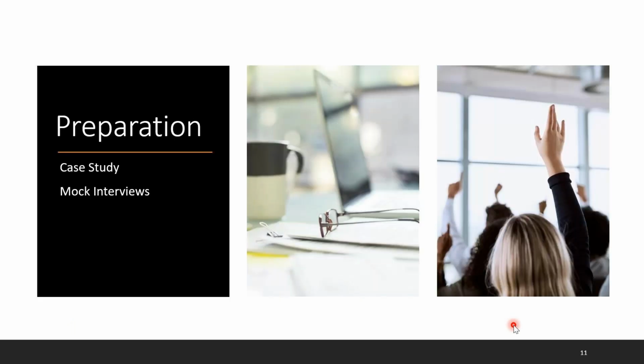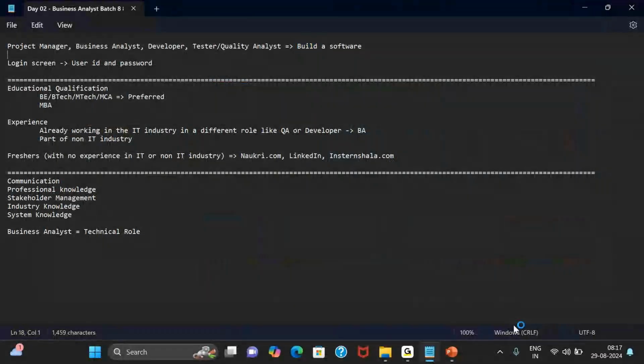Okay, then moving on, next is the preparation aspect. Okay, so how do we help you to prepare for these business analyst roles? Okay, so as I said earlier, we looked at different topics, and what we said was, as much as possible we try to explain topics through examples. Okay, there's no better way to understand something